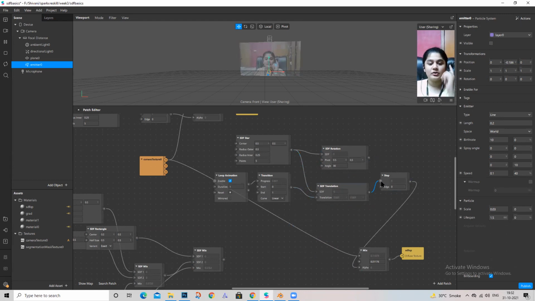So what we can do is reduce the animation, so that its speed reduces, increase the animation duration, my bad, to reduce its speed. And we can also change the inner and outer radius of SDF star to change the position of this star over here. So like it's right now inner radius, outer radius 0.5, I made it 0.8.